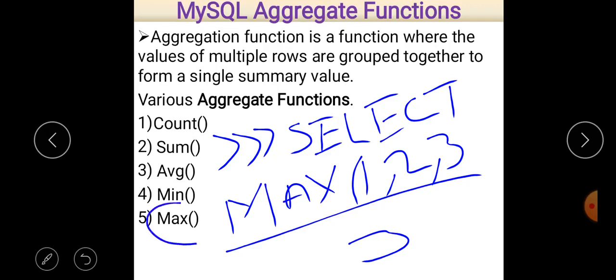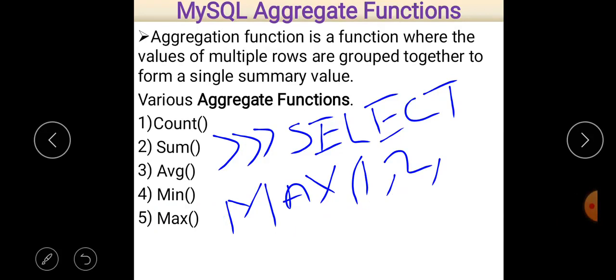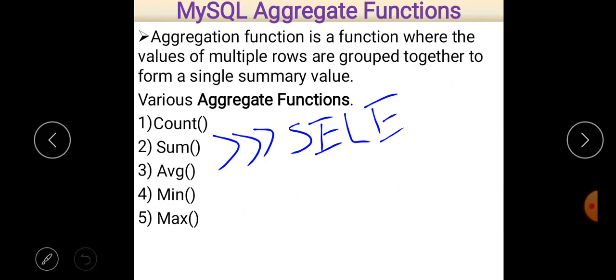I think now you are able to understand the concept of the max aggregate function in different aspects. So let us take a quick revision of all the terms which we learned in this video. First of all, aggregate function.